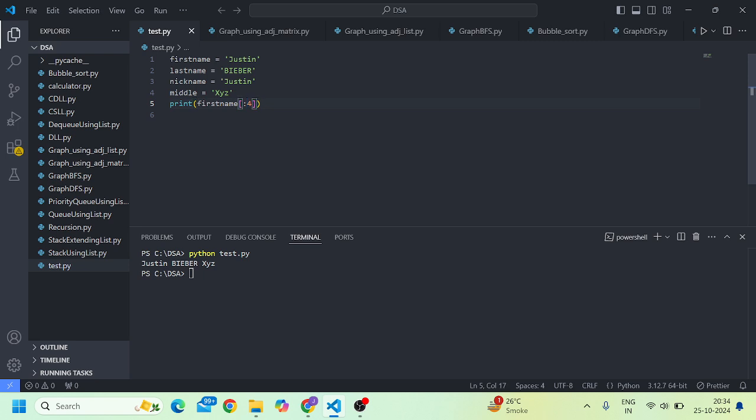Now don't get confused. If anything is not written before the colon in slicing, it will automatically assume the default first value as 0. Suppose I write 1 here and I do not write anything after the colon, then it will assume the last value of the string. Okay, so